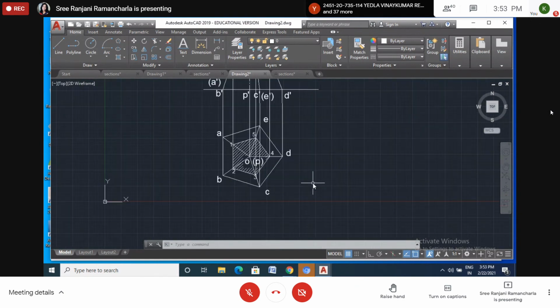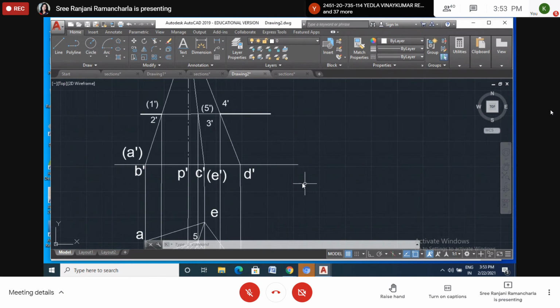Now this is the remaining portion. What I said, for the remaining portion we have to draw the thick line. I don't want to show the color line. Why? Because when you take a printout, the normal lines which are drawn are highlighted, while the lines drawn in color are not highlighted.